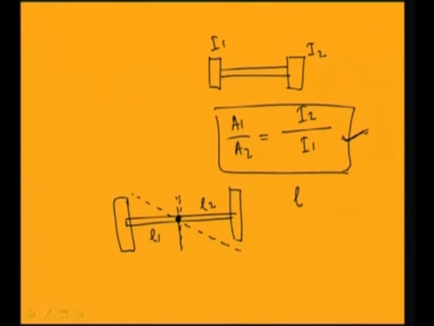So the natural frequency of this part, omega 1 or omega 11, you can write natural frequency of this part equal to root over stiffness of this part by, so let stiffness be Q1.